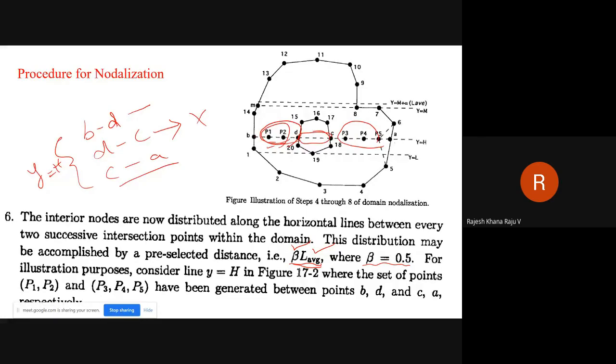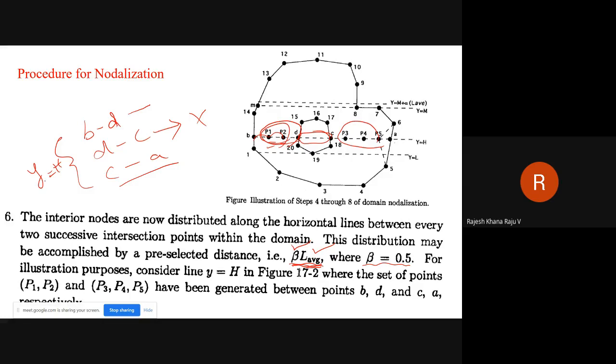Then if you place it here, that means half of the L average will be the gap between two successive points in this zone. So once you place those points with a gap of beta times L average in this zone, B to D as well as C to A, that way you finish all the grid points.